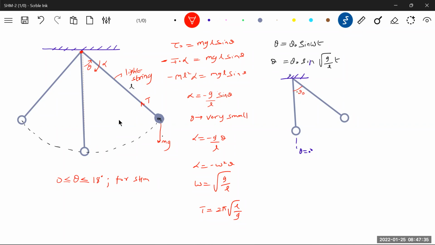If you define t equal to 0 at this particular point, with the mean position here and the angular velocity given in this direction, or if you release from the right extreme,